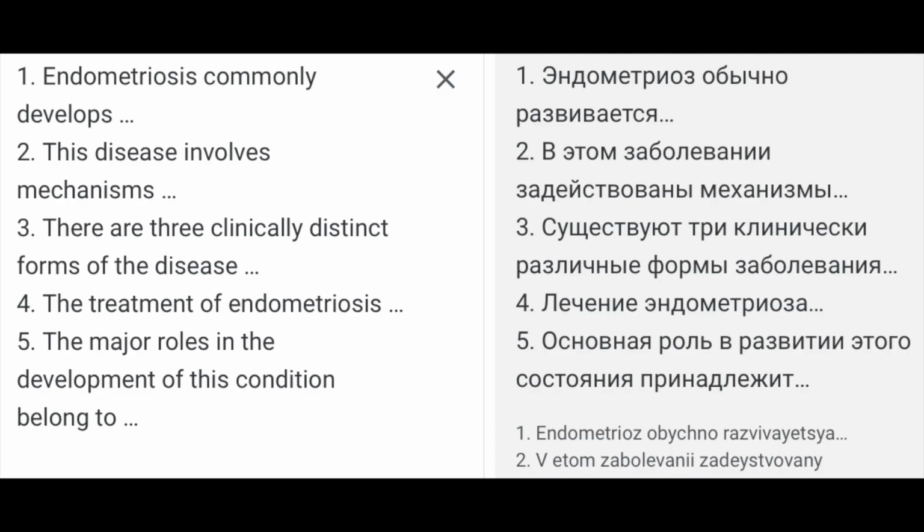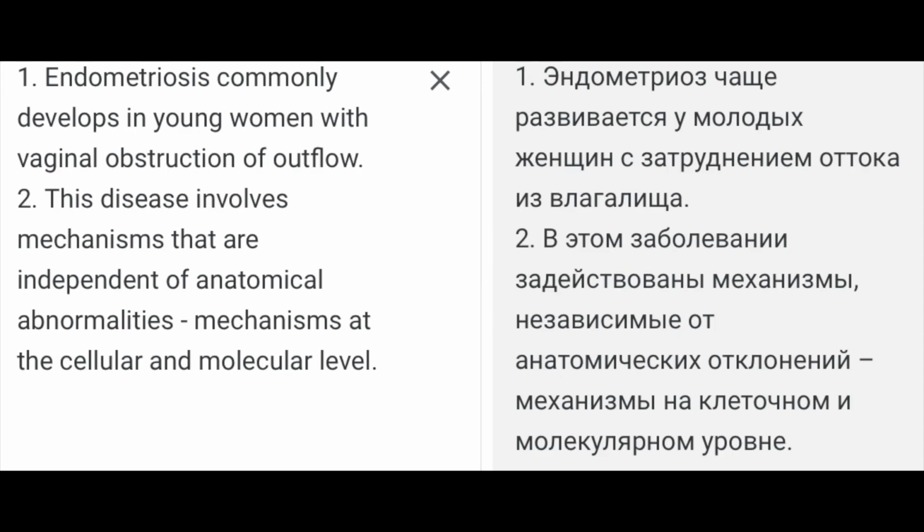Exercise 2. Complete the following sentences. 1. Endometriosis commonly develops. 2. This disease involves mechanisms. 3. There are 3 clinically distinct forms of the disease. 4. The treatment of endometriosis. 5. The major roles in the development of this condition belong to